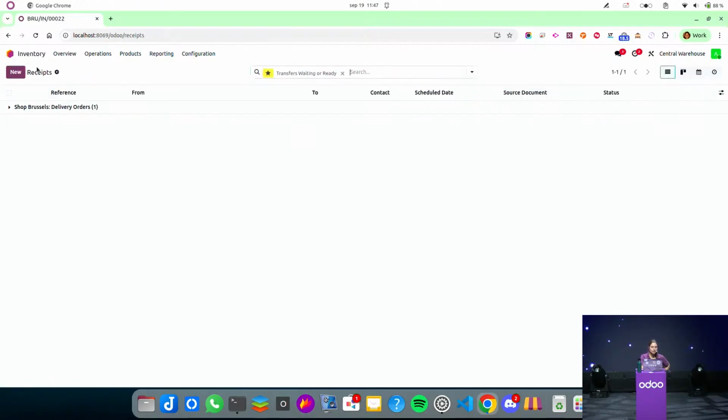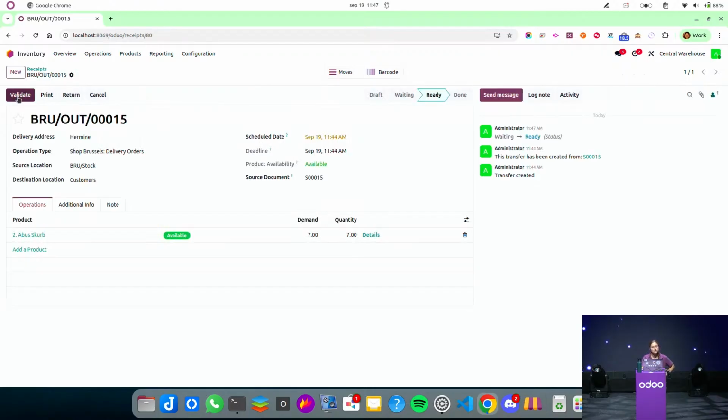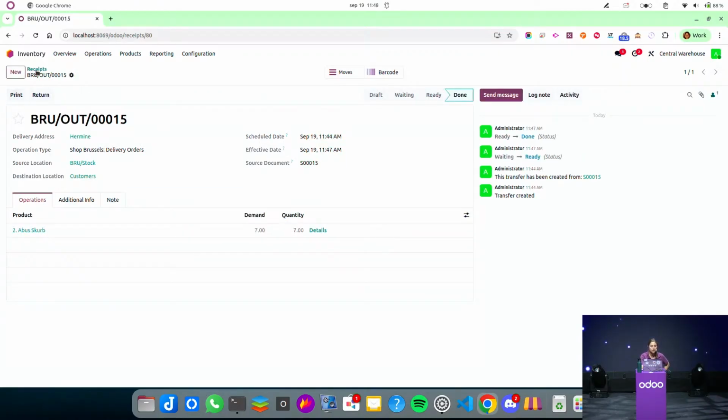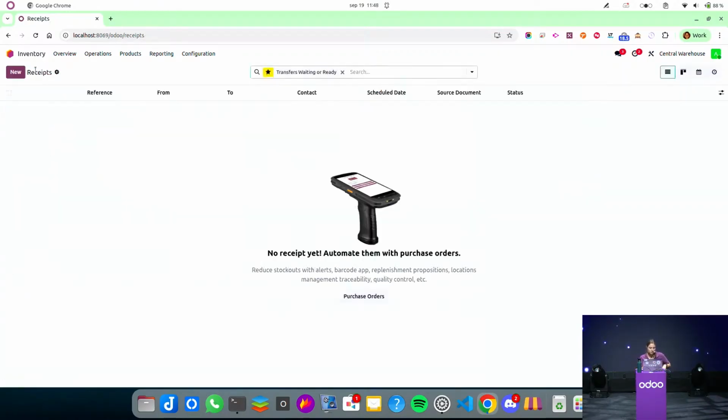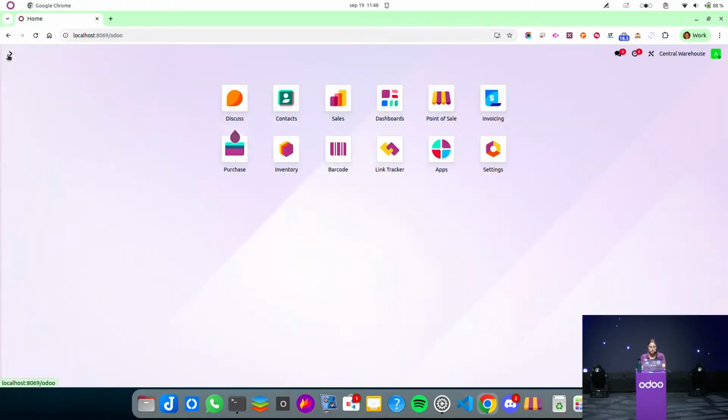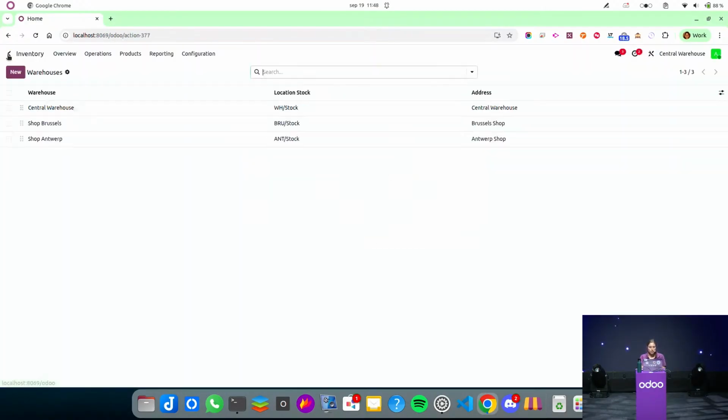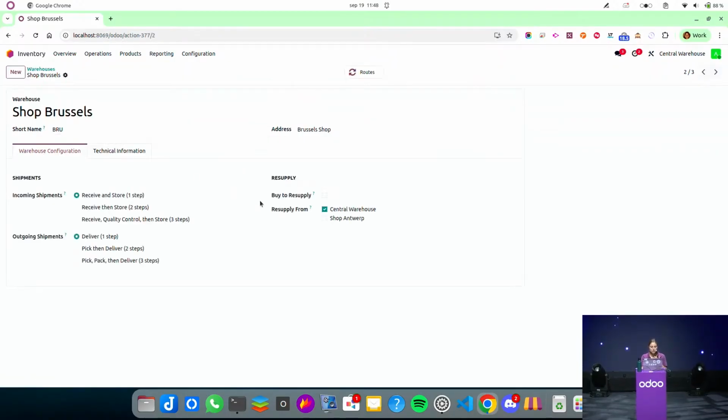And let's go back, and finally we have the final delivery to the client to validate when he comes to pick up his products. Let's go ahead and just do that. And here the flow has been completed thanks to our resupply route. So how did I manage to do that? On the warehouse of Brussels, you can see that we have the resupply here from the central warehouse,